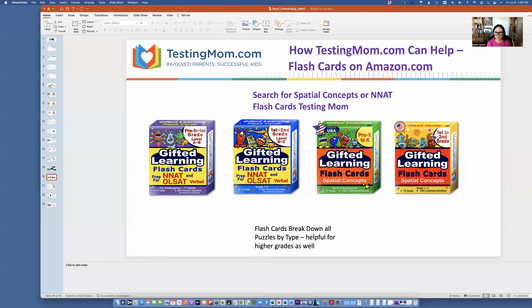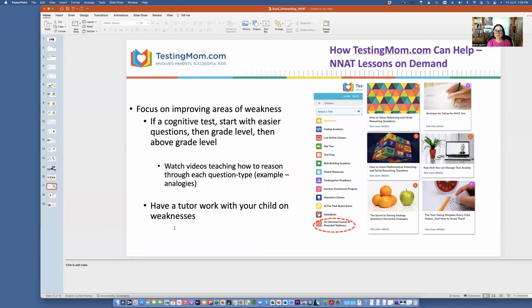So even an older child can benefit from these flashcards that are geared to younger kids, but it's really more kids who haven't been exposed to this kind of material before. And then there's flashcards for NNAT. There's OLSAT verbal in here too, but where your focus would be on NNAT, all the NNAT questions that are in there. Another thing that we have on the website, it's right under on-demand classes and webinars, is that